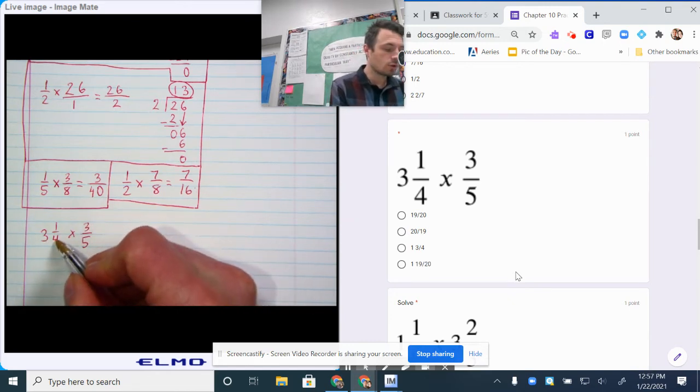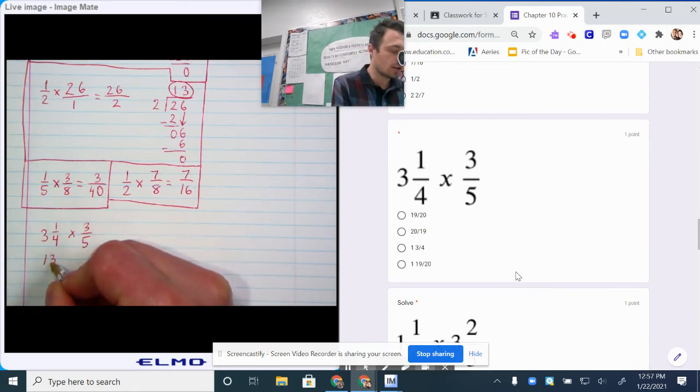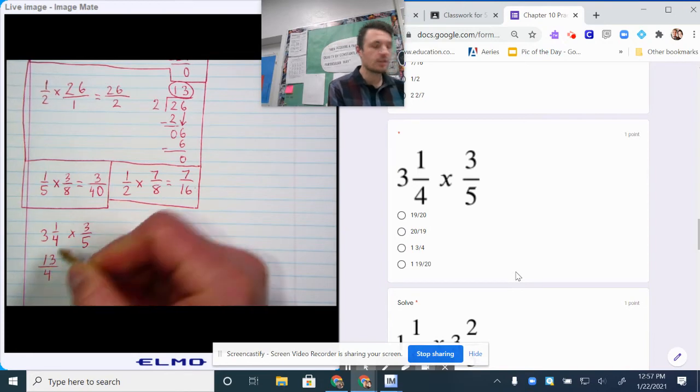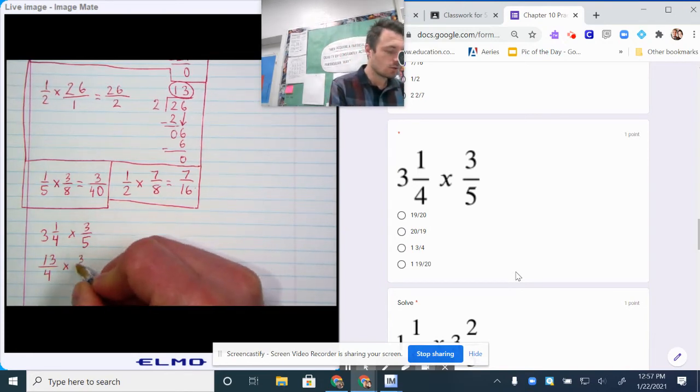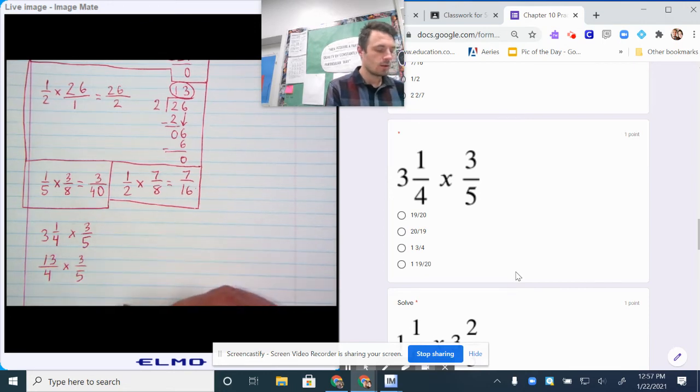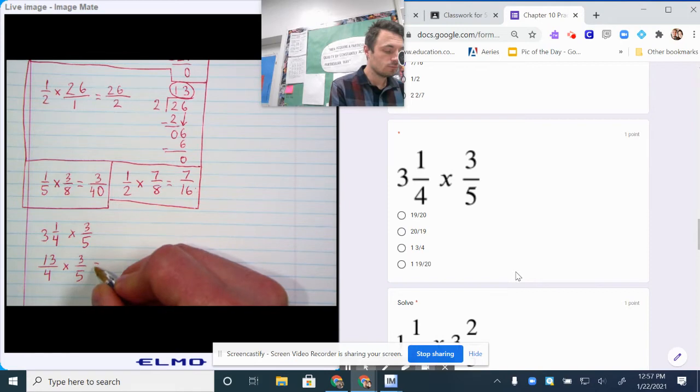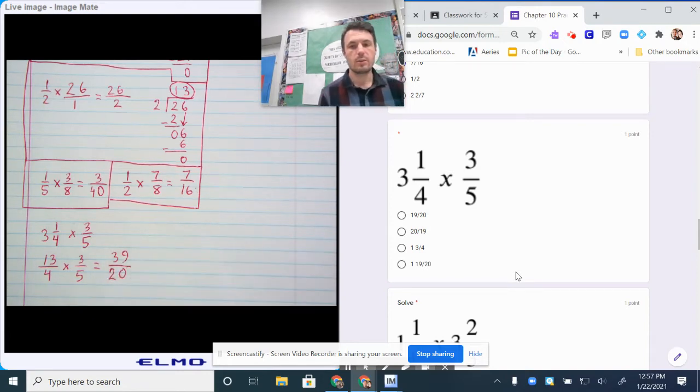So 3 times 4 is 12 plus 1 is 13. The denominator stays the same, so it's 13/4 times 3/5. Now, 13 times 3 is 39. 4 times 5 is 20. So now we have